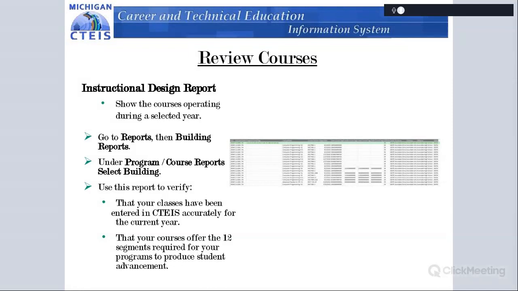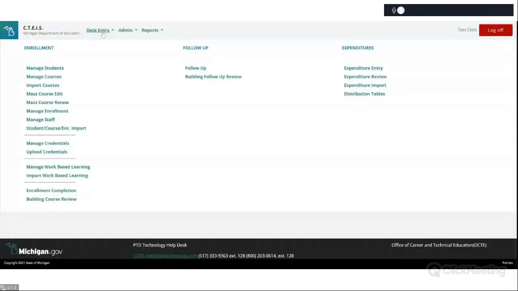Now I'm going to demo this, as I've been doing everything this morning, to show you where it is. I don't have a list at this time to demo what that would look like, but I'm going to try to show you as much as I can from this train site. So we're going to go back to our train CTEIS site. We were on imports for courses, but now